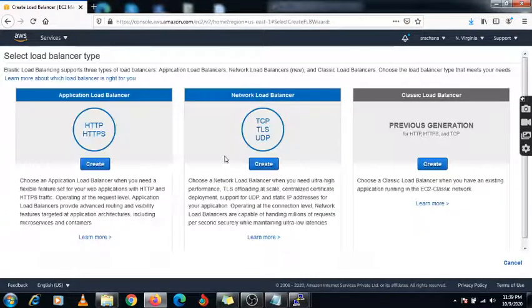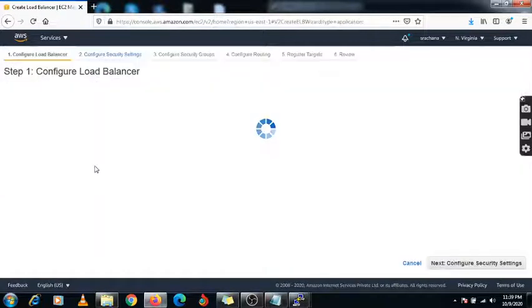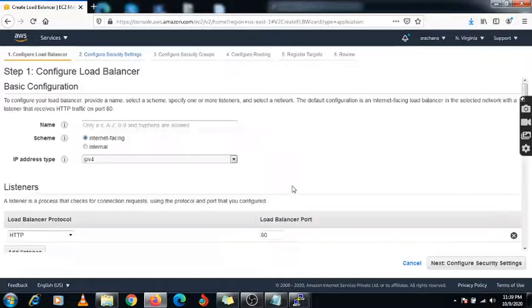Create load balancer. Here is the option, application load balancer. So we are creating an application load balancer. Just click on it. Here you need to specify some name. I'm giving application ELB. And here is the scheme, internet facing. So always you need to keep it internet facing.